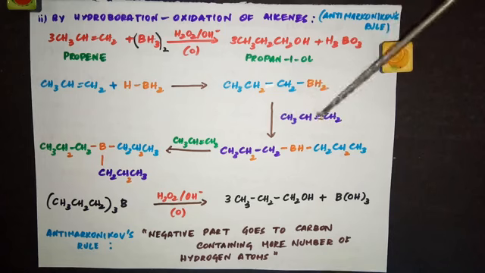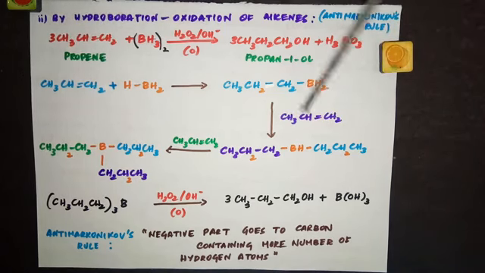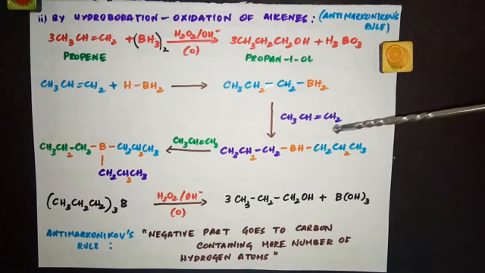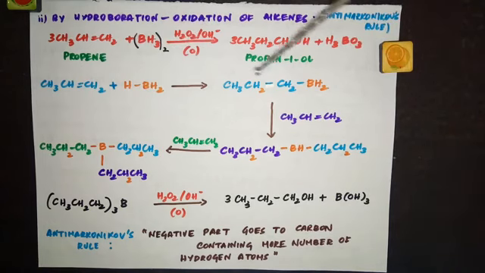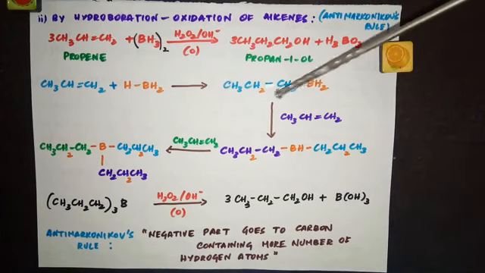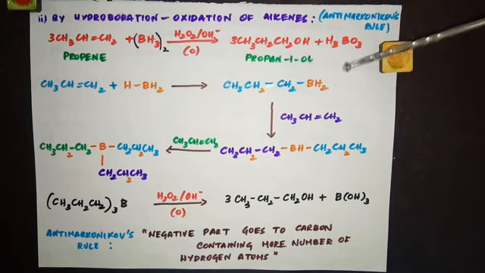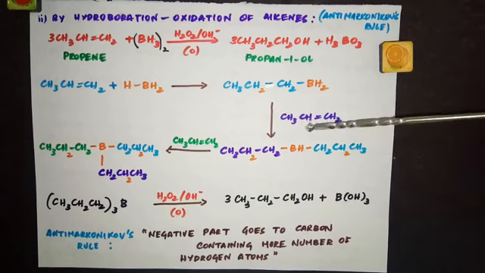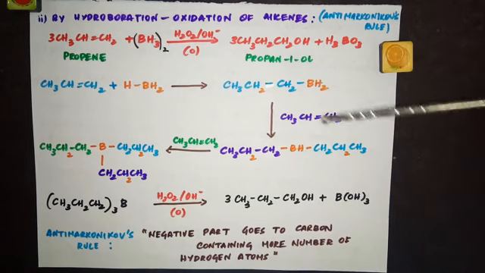In the second step, we are going to treat with another propene. We are actually taking 3, 1 reacted here and the second propene I am writing here. So propene is written here, CH3CH=CH2. Now look at this compound. Instead of 1 H from BH3, you have this part. Now you can write this as CH3CH2CH2BH-H. So that H is going to be attached to this carbon and this entire part will attach to this carbon.